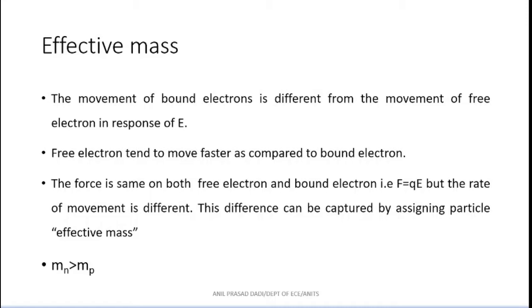Free electron. A free electron is going to move with much ease because it doesn't have any association with anything else, whereas a valence electron, until it comes out of that particular covalent bond, cannot occupy any of the vacancies near it, and then there is no possibility of movement of the hole. So that is why this rate of change in the movement is captured by means of a term called effective mass. So when I consider effective mass, the effective mass of electron is greater than, sorry, it is written wrongly.